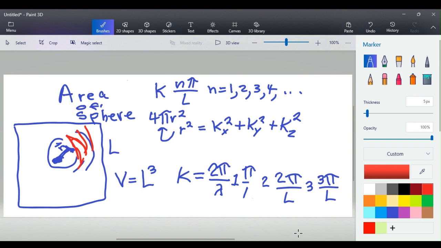Well, for each one of these Ks, there's going to be an L, an M, and an N. K sub X has an L, K sub Y has an M, K sub Z has an N. And I'm going to introduce a new variable called P,